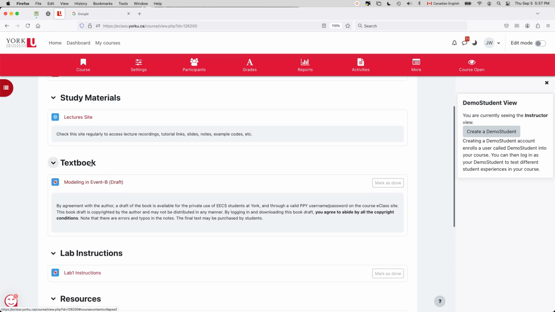And for the textbook, I wouldn't say there's really a required textbook for this semester. So for this course, the slides, which I'm going to go over, especially when we get to the case study for the bridge controller, maybe starting from week number 4-ish, that one is heavily based on this textbook, which is called Modeling in Event B. So we got the agreement or permission from the book author. They kind of let our students who, of course, enroll in this course to really get access to a draft